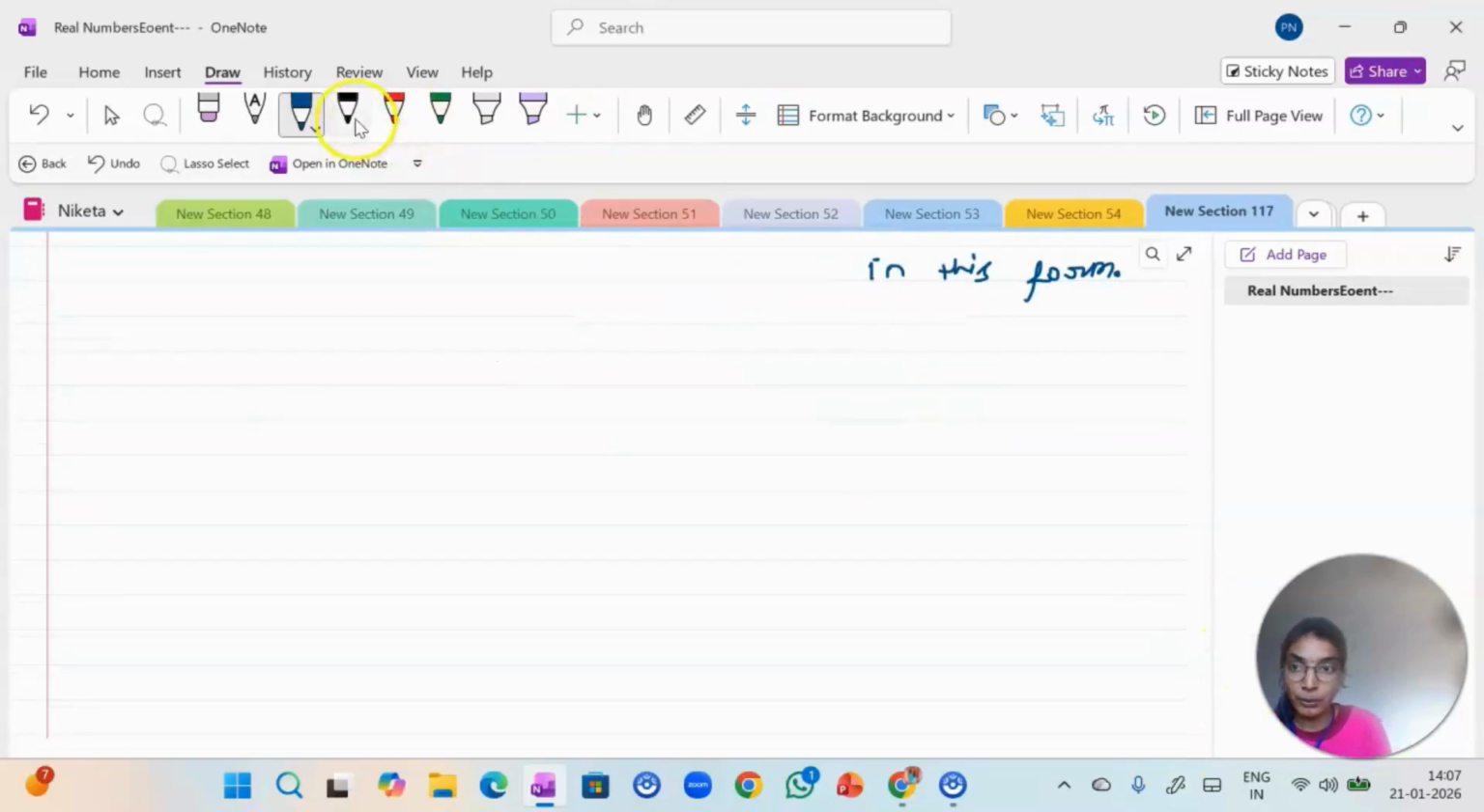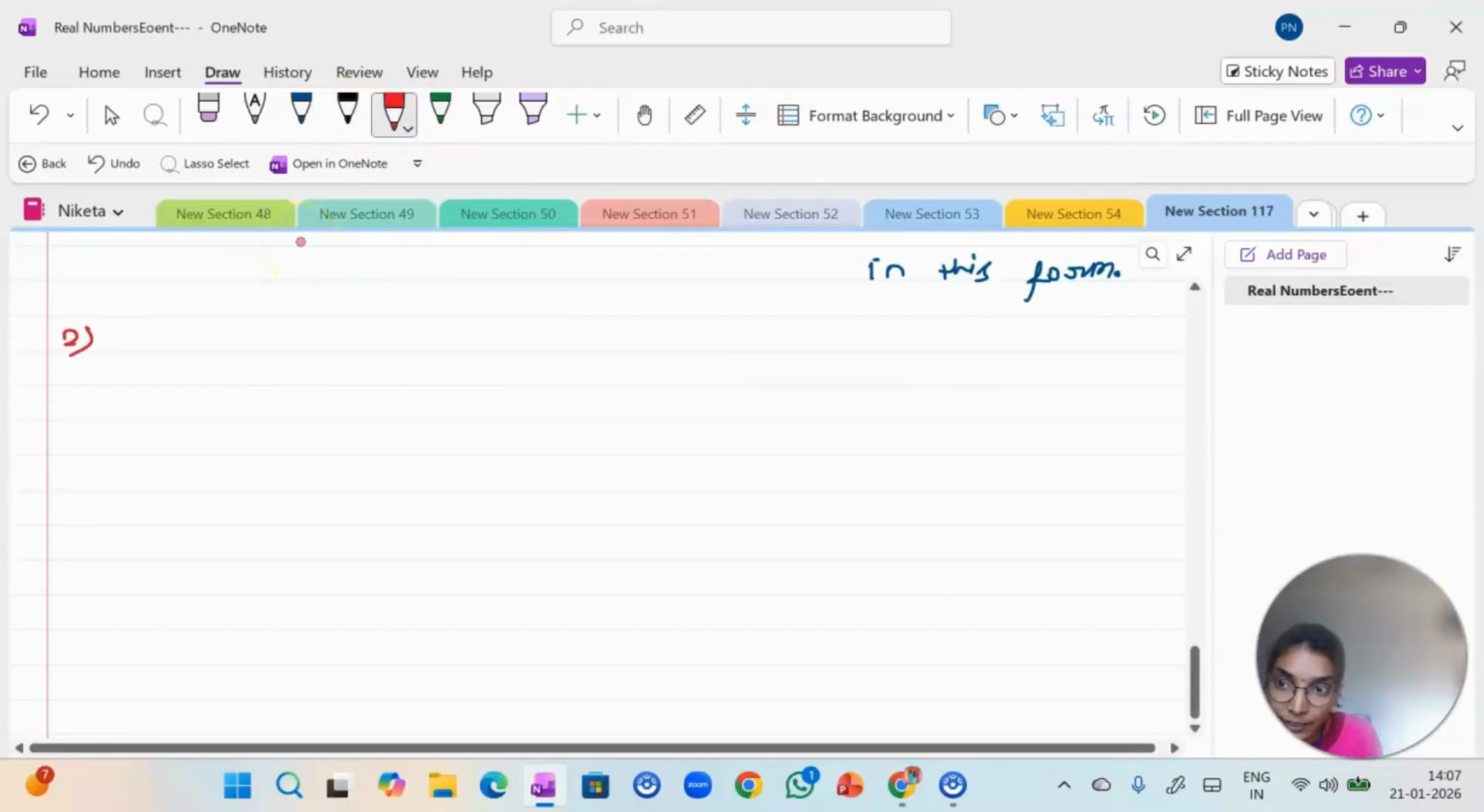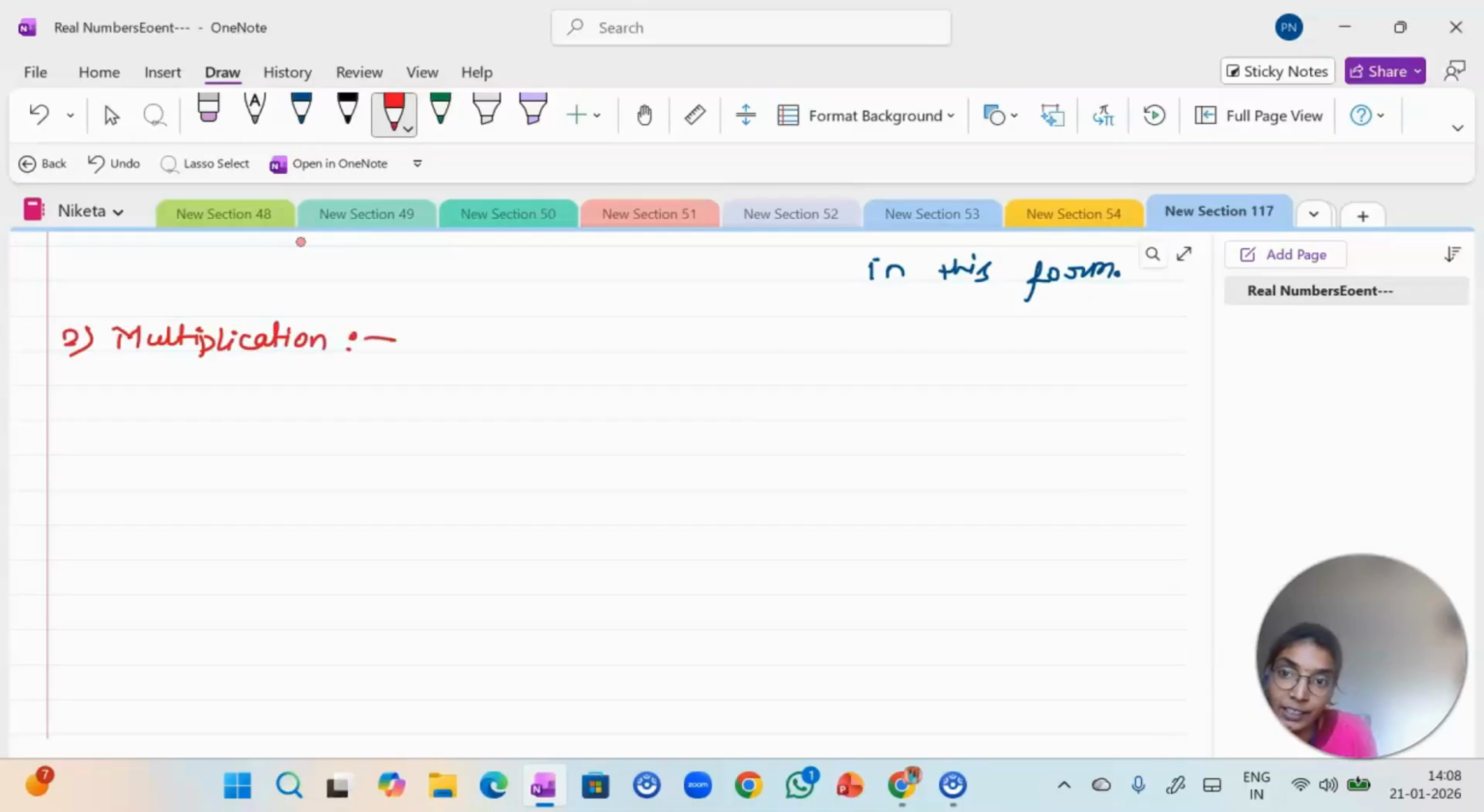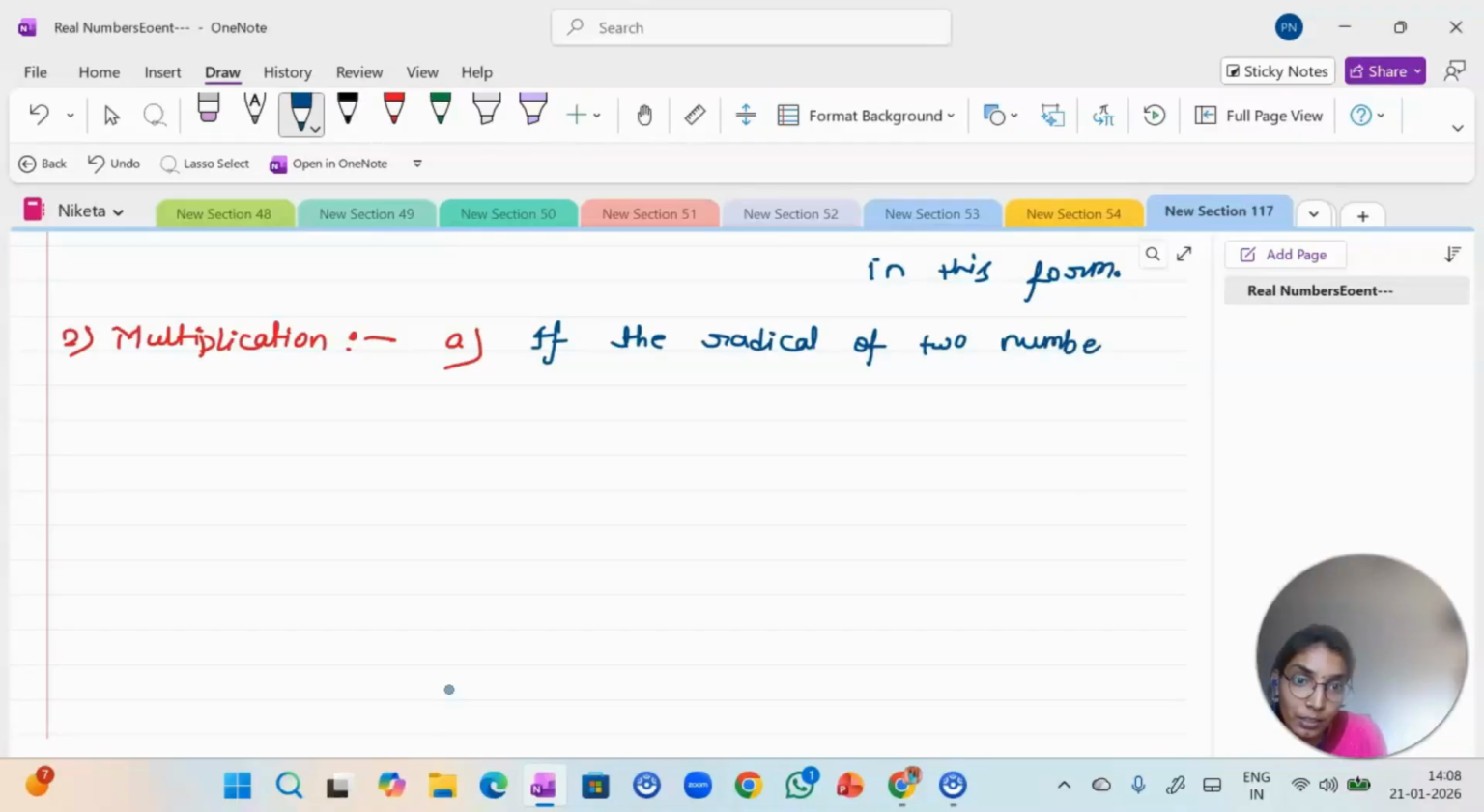Now let's talk about the second one, that is multiplication. In multiplication of radicals, there are three cases. Let's talk about case 1. If the radical of two numbers is the same but the radicand is different,